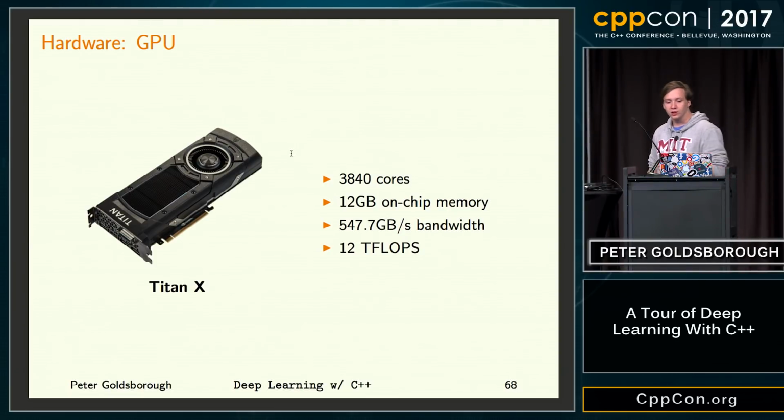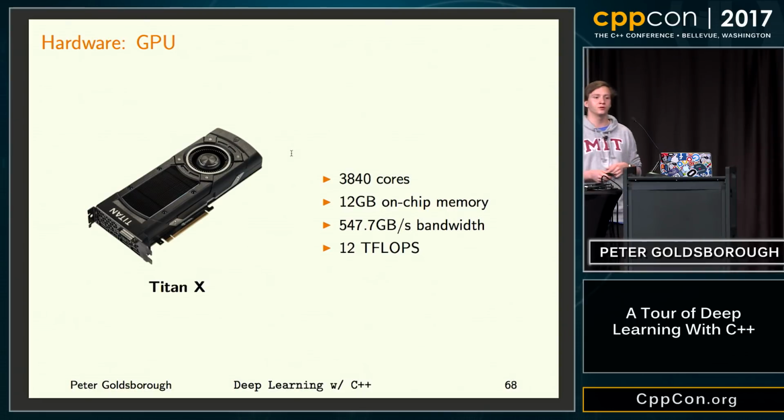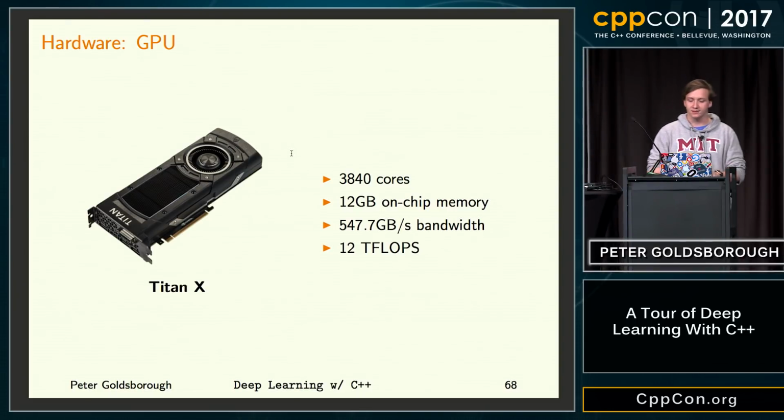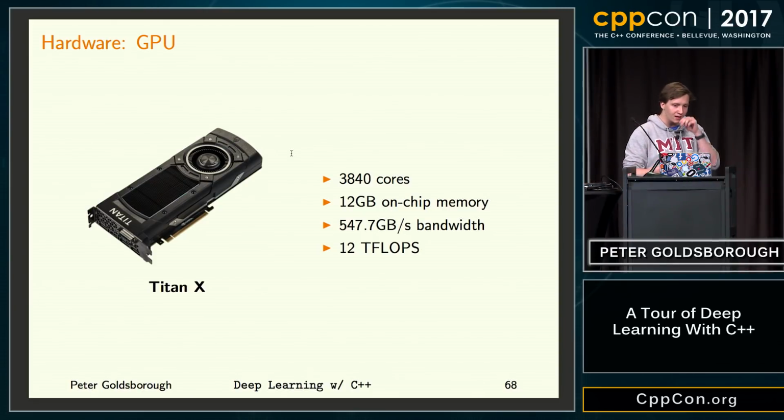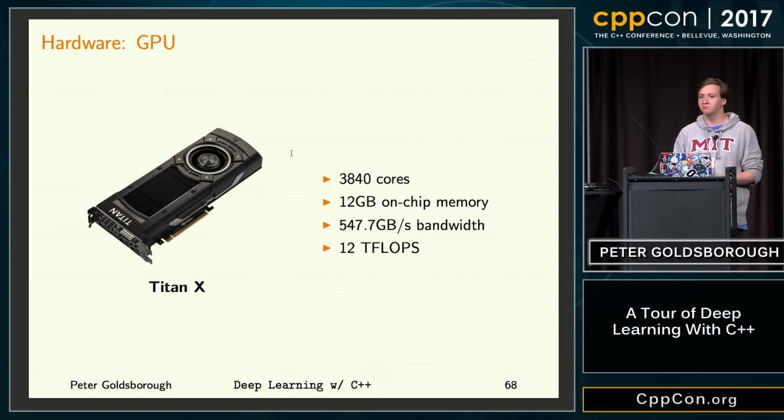All right, so here's an example of a GPU, and I want to give some typical examples of machine learning devices. This is a Titan X from NVIDIA, and this is the kind of GPU you would often find in machine learning labs. We have 4 of these in my lab, and they are reasonably cheap. They cost between $1,000 and $2,000, and they can nevertheless speed up your computation by a large factor.